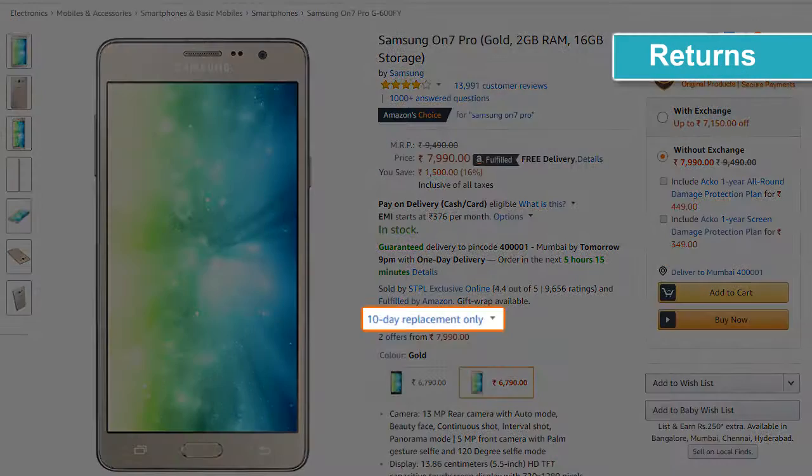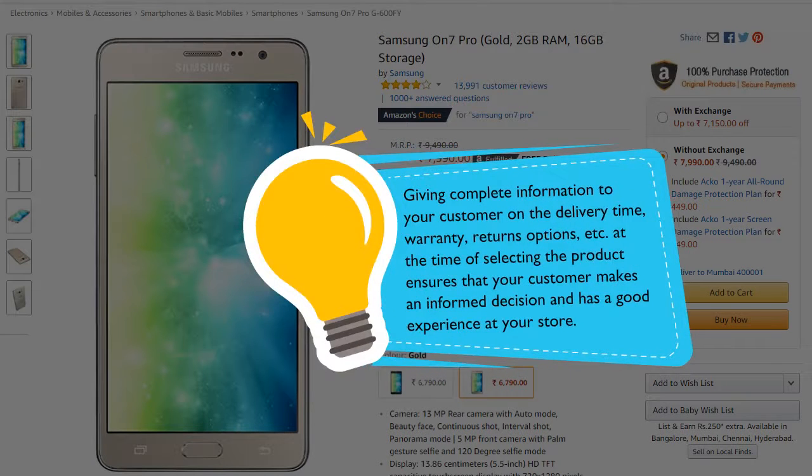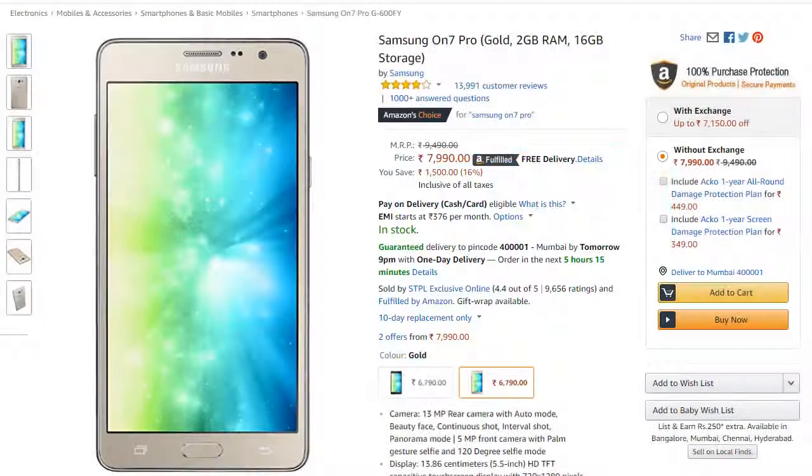Some detail pages state if the product can be returned through refund or replacement and what the time frame is. Tip: giving complete information to your customer on the delivery time, warranty, return options, etc. at the time of selecting the product ensures that your customer makes an informed decision and has a good experience at your store.